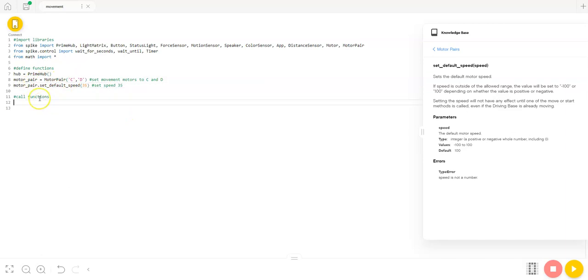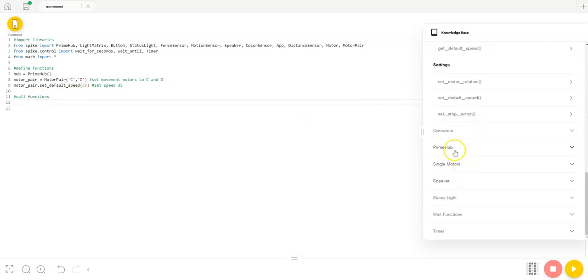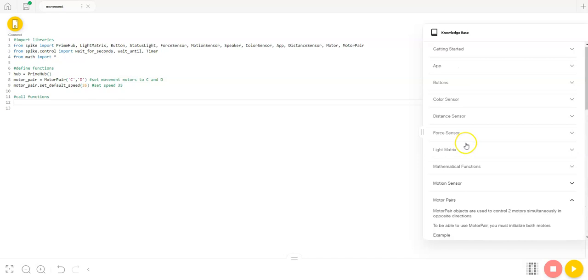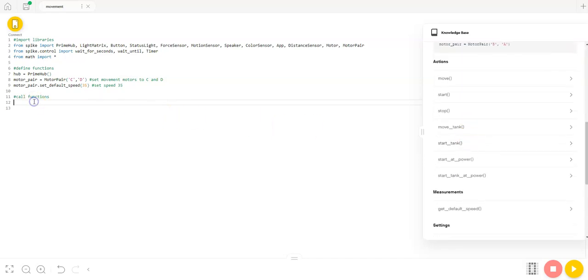When we call our functions, I would always add a wait block. You certainly could go through your knowledge base to find where it is, but just to save us the time and effort, if we go wait_for_seconds, that's the function, add a parenthesis,